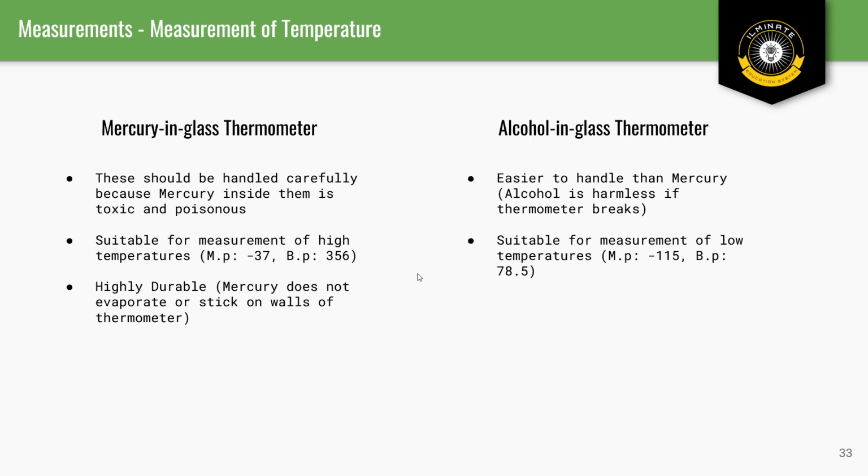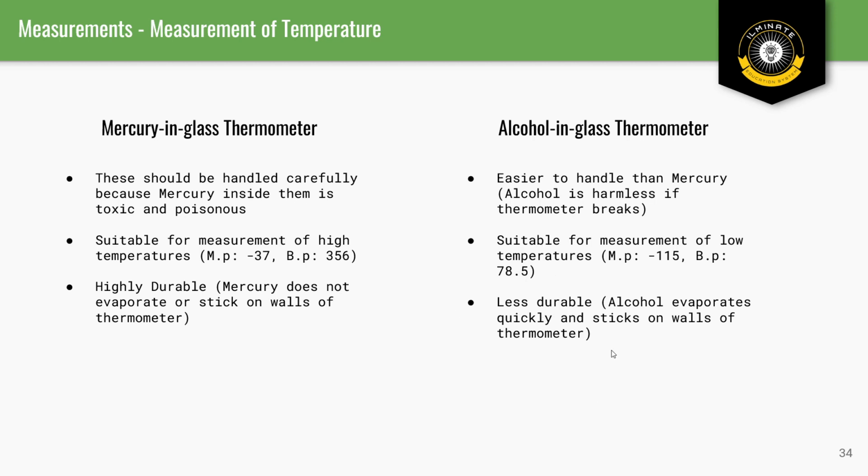So mercury in glass thermometers are highly durable because mercury does not evaporate or stick to the walls of the thermometer. The reason for its durability is that it's a liquid that is not volatile. However, alcohol evaporates quickly, as we know that it has a low boiling point. So if you expose it to really high temperatures, and even in some places on Earth there are 50 degrees, which is quite close to the boiling point of alcohol,